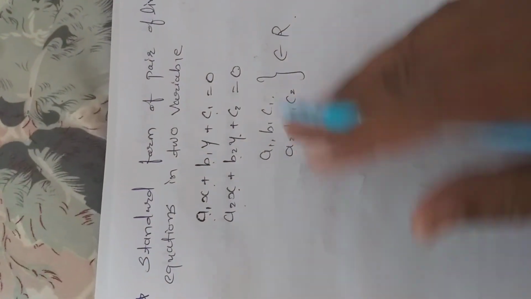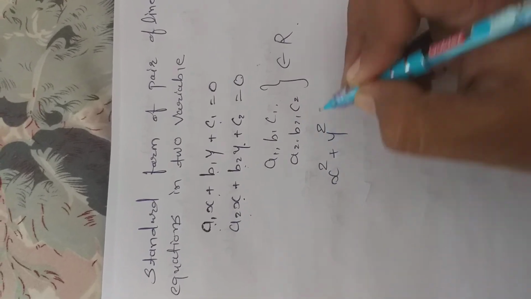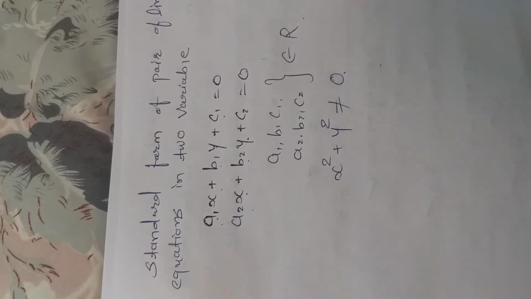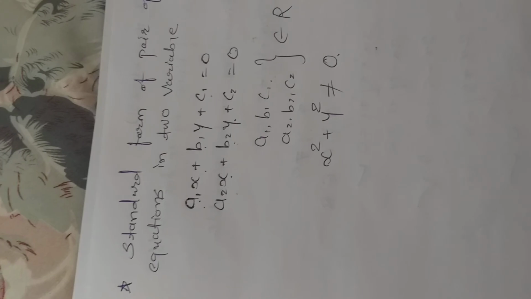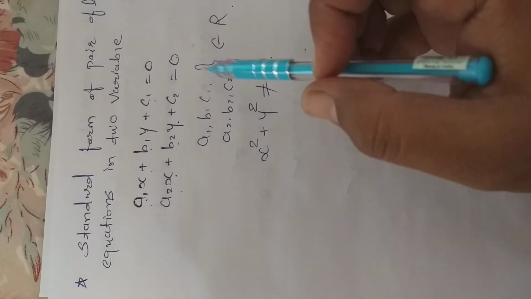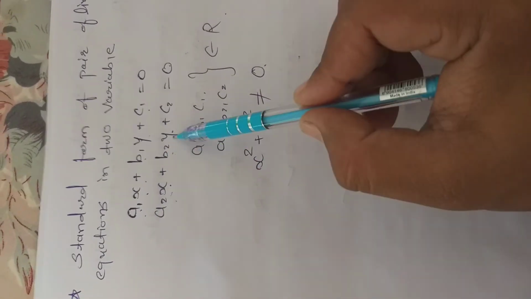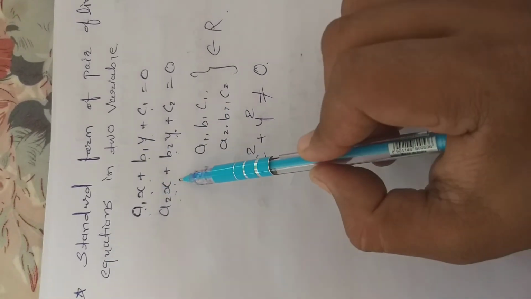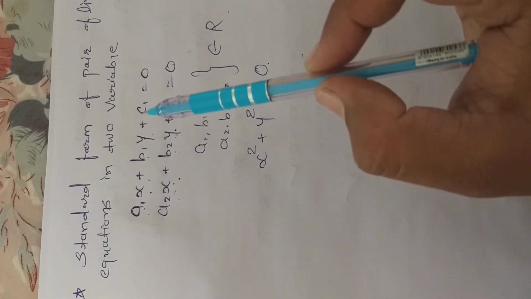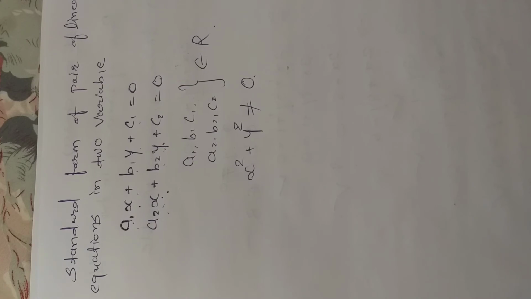Okay, and that was the condition that I said, that x and y cannot equal 0 at same time, मतलब दोनों के स्क्वायर का सम 0 नहीं हो सकता. Okay, and the condition we have seen, that power of variable must be 1 always, not less than 1 and not greater than 1. So this is the pair of linear equation in two variable.